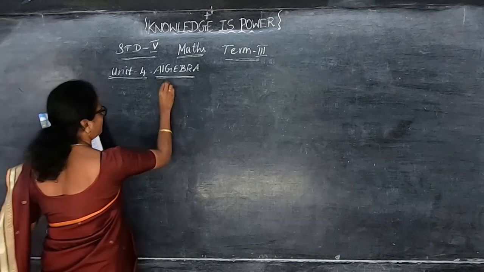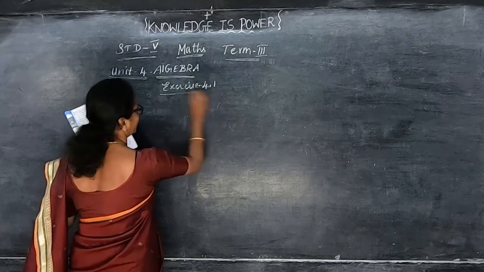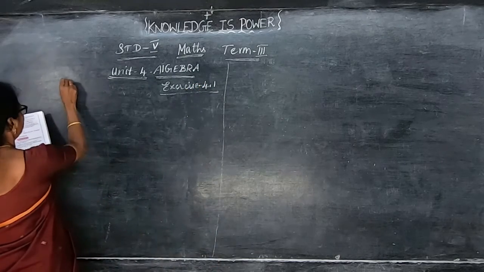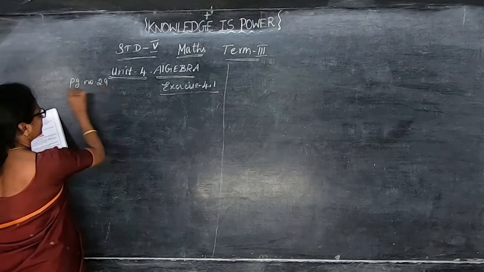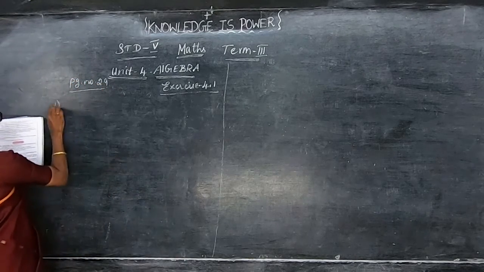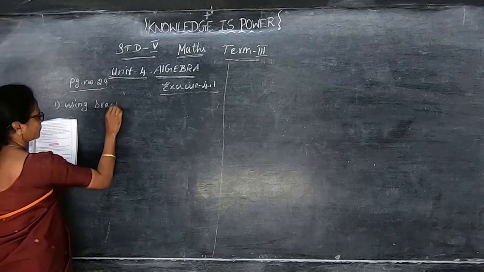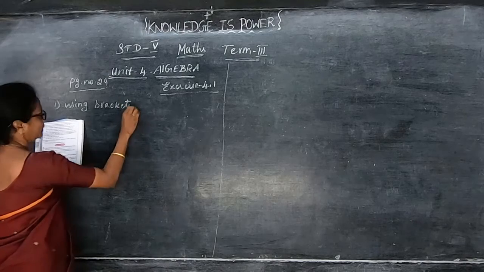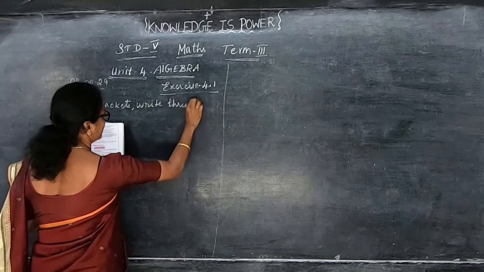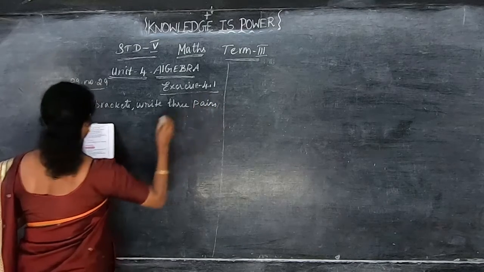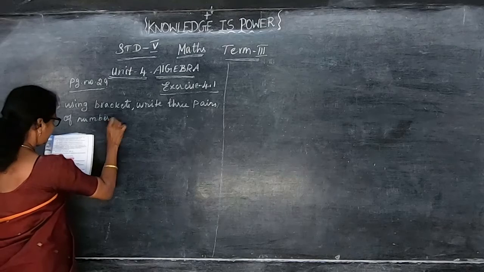So for exercise 4.1, page number 29. Using brackets, write 3 pairs of numbers whose